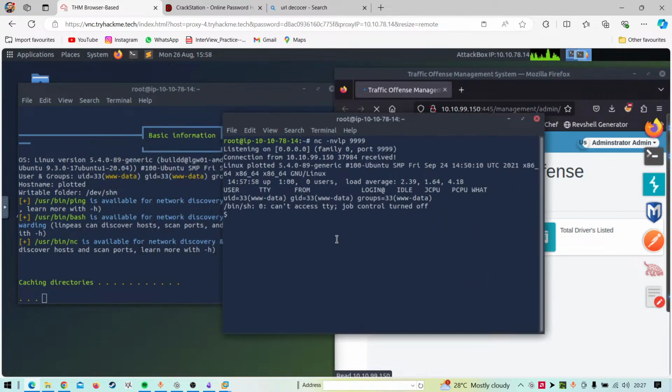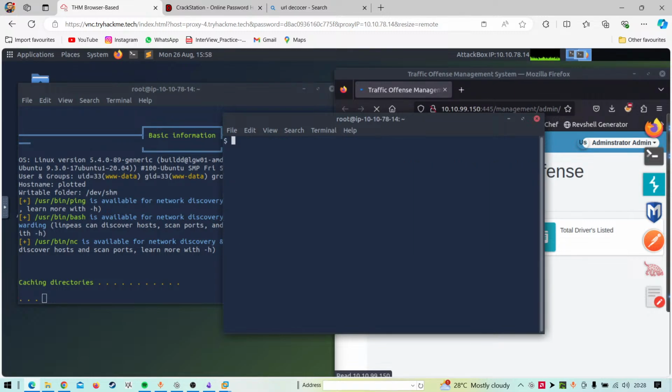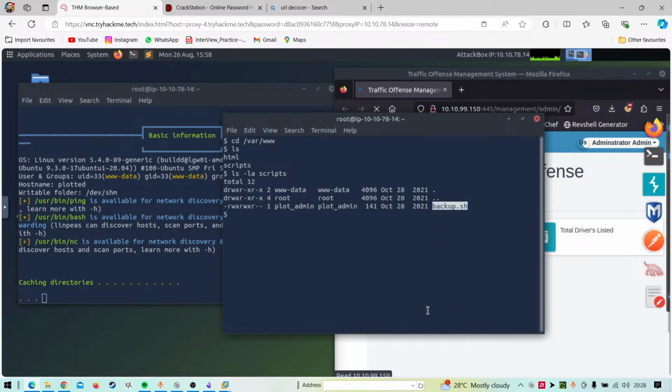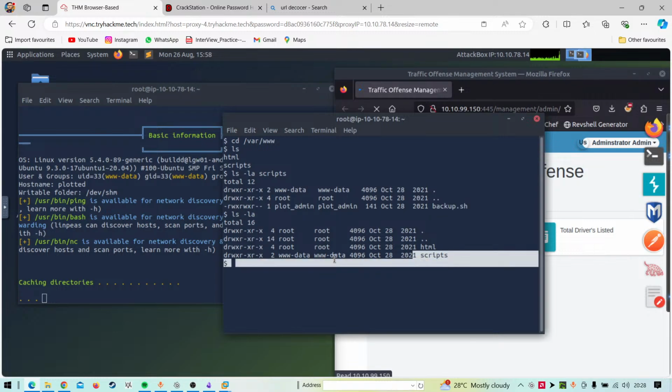We have one more. So we can just export TERM=xterm quickly, and after that we'll go to /var/www. I wonder, even if I don't have write permissions on this particular file, I own this particular directory, right? So if I do ls -la, see scripts, I own this, right?